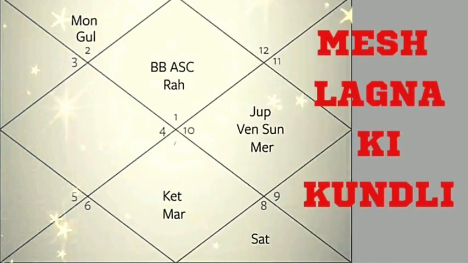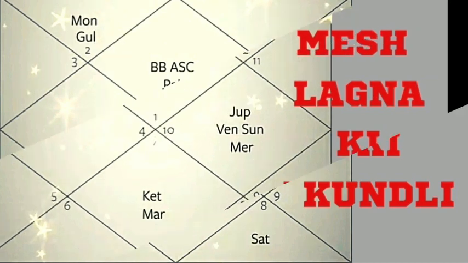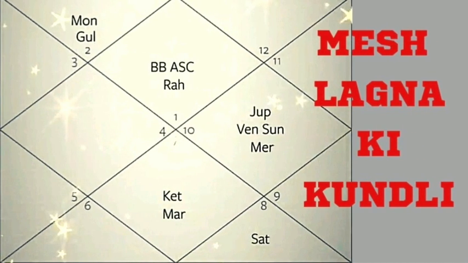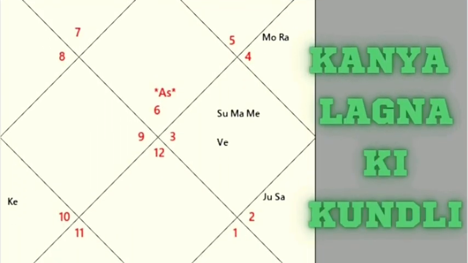In this chart you can see the Aries ascendant and the Capricorn sign is coming in the 10th house. Such a person, as I told you, will be very methodical, very work oriented. This is not a blank chart because the planets are also there, but even if we don't look at the planets, just by looking at the ascendant, because it's Aries ascendant and Capricorn sign is in the 10th house, we can say that such a person will be very methodical, work oriented, very serious about work. They will want recognition, name, fame from their work. They may also want to gain power and authority.